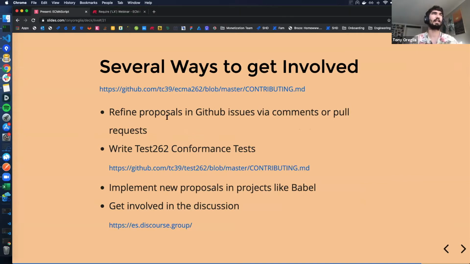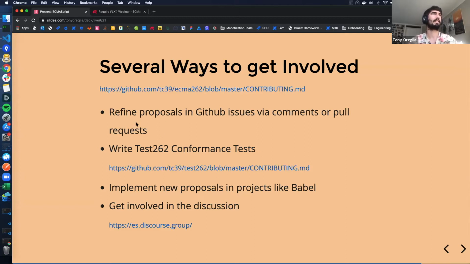I wanted to share a few suggestions on ways to get involved in this process. These ways are less direct than just joining the TC39 technical committee discussions, which is not so easy. But I think these are really great ways to have an impact and get our voices heard, and probably learn quite a bit along the way if you do take the time.